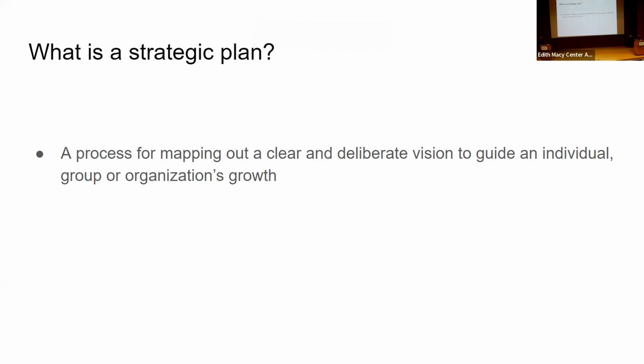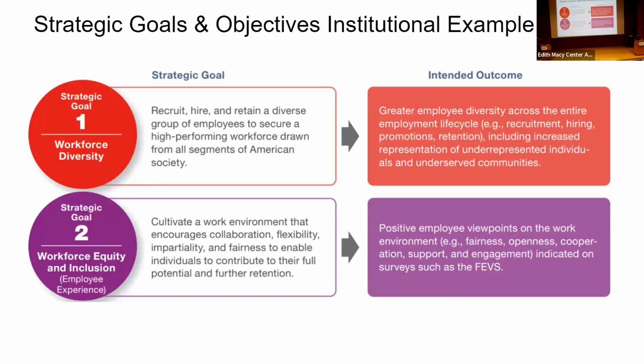So you guys maybe have heard the phrase strategic plan before. Usually it starts with a vision. So you're imagining what you want your system or your society or your organization to be like. And it's a good idea to think of the most ideal state of that organization. Allow all the constraints to go away. Just think about what would be the most ideal Columbia or most ideal academic space. And imagine what the goals might look like to get there.